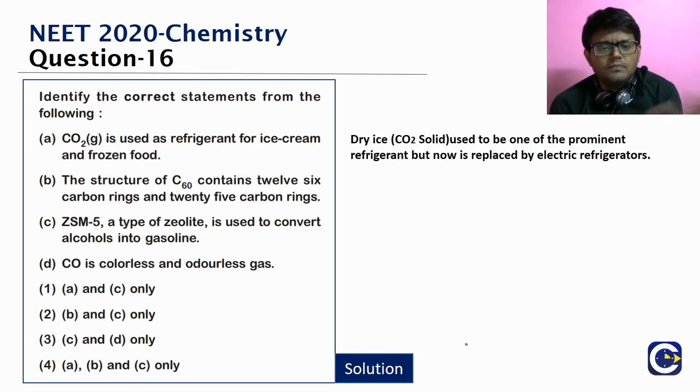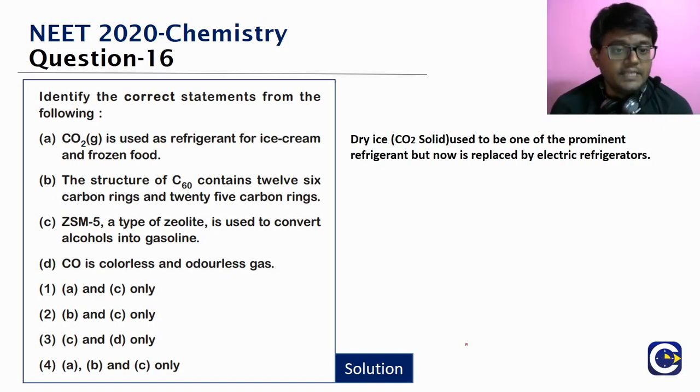Maybe not in recent times, but at least before the 1940s and 1950s, dry ice used to be one of the very popular refrigerants for ice creams, cool drinks, or even food. Why is it used? Because dry ice will not undergo a phase change from solid to liquid. The phase change will be directly from solid to gas, which we call sublimation. By sublimation, the dry ice evaporates, and the heat from that substance will be absorbed.